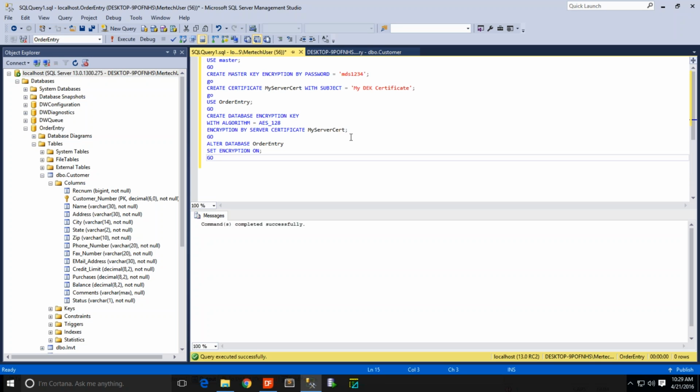Okay, so essentially we're just going through that same process I described, creating the master key, creating the certificate, creating a database encryption key for our order entry database that's encrypted by that certificate, and then altering the database and turning on encryption. So if all goes well,